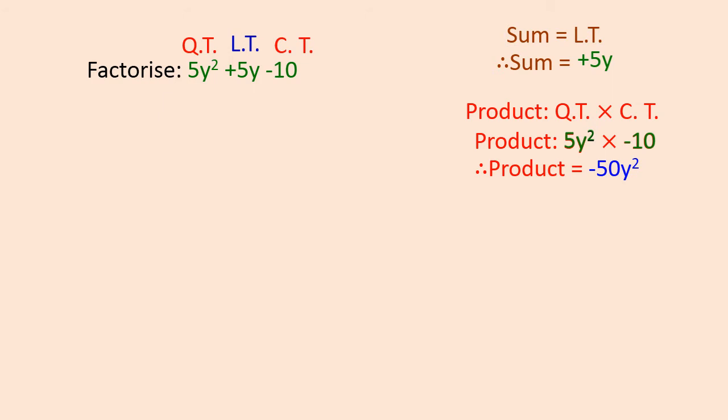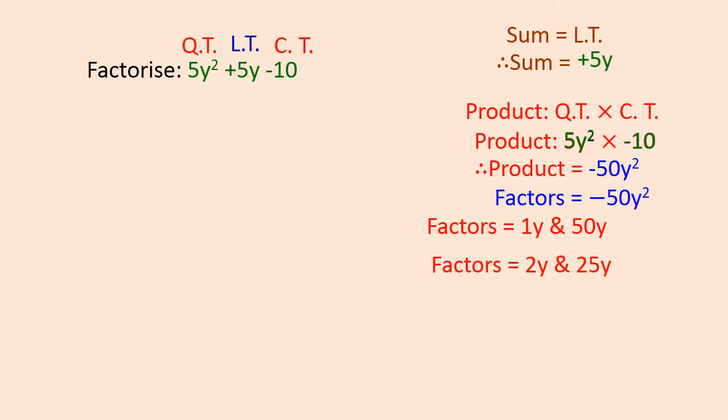So we got the product now. Let us move further. We need to find the factors of minus 50y square. My dear, you can find out with various signs and all. But what I will advise, first only find out the factors. So when you find the factors, first will be 1y into 50y. Second will be 2 into 25. Third one is 5y into 10. You will not have any other factor than this. Okay, you can change the sign, there is no issue. But 50y square will have 3 factors, 1 into 50, 2 into 25, 5 into 10.